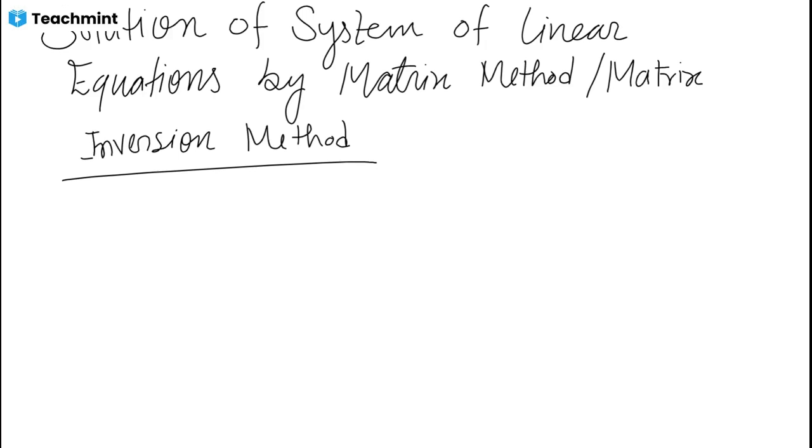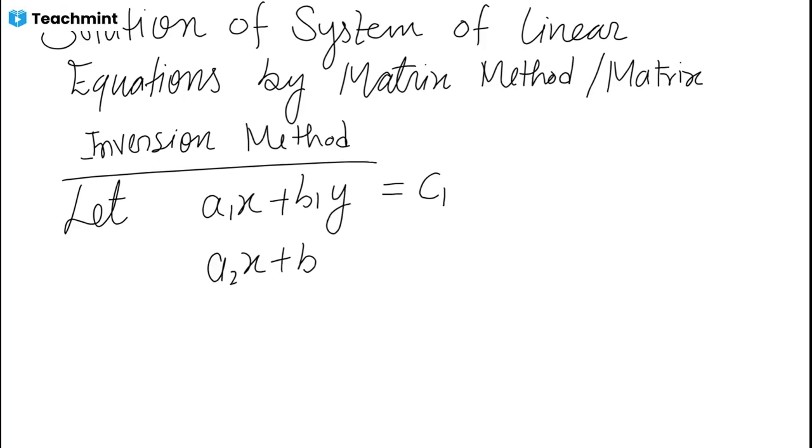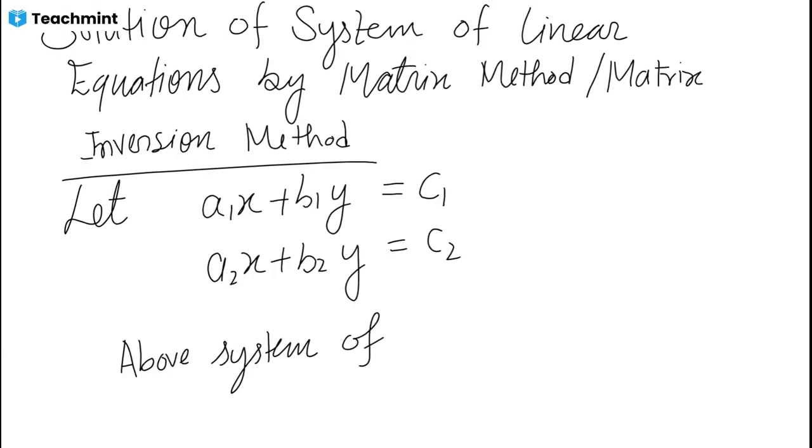So let us take a system of linear equations. Let a1x plus b1y is equal to c1, a2x plus b2y is equal to c2. Then the above system of equations can be written as